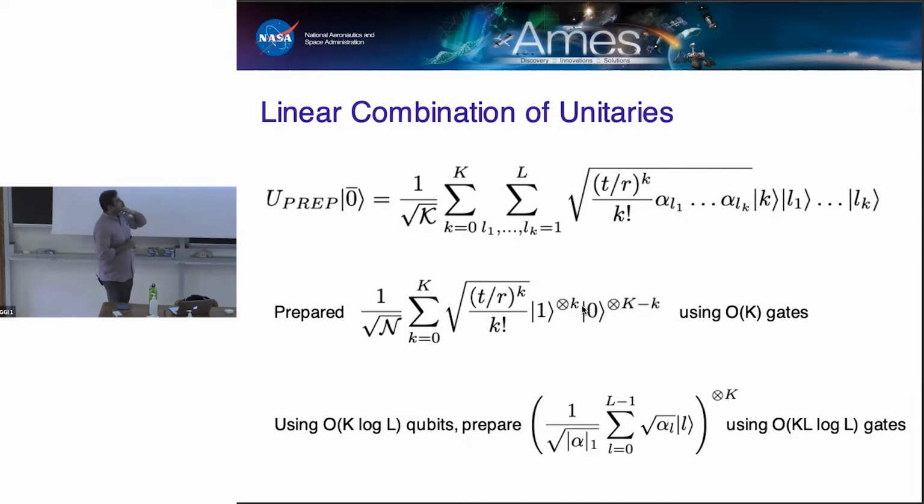Okay, so that takes care of the first part of UPrep. The second part is I also need to do something about these alphas, right? And this series of registers Ls1 through Lk. So now what I'm actually going to do is, instead of having small k many registers, I'm going to expand it to capital K many registers. And what I'm going to say is that on each one of those registers, I'm going to use a binary encoding, right? So if I have L many terms, I'm going to use log L many qubits, which is a different type of encoding than I use for the K register.